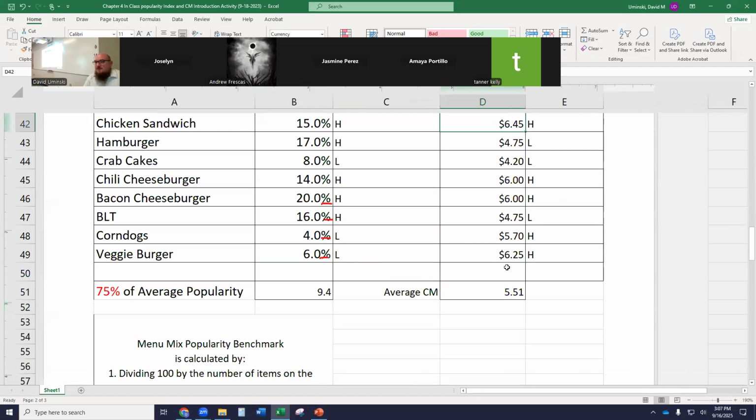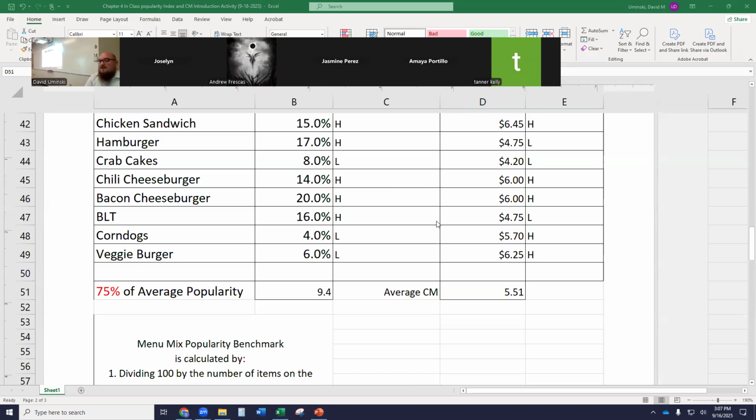When I'm looking at 645 and 551, they're looking at the average. A lot of students will say that 551 is lower than 645. But in reality, what you have to say is that the chicken sandwich is higher than the average. They compare the average to the item. What you have to do is compare the item to the average. Okay, so now that we've done that, we can fill out our chart.